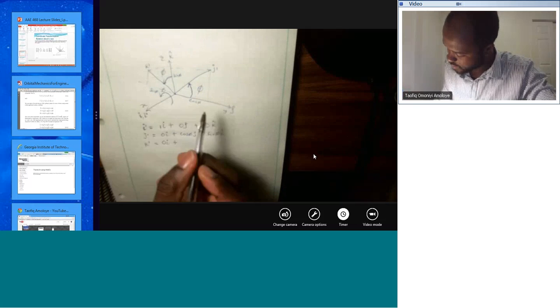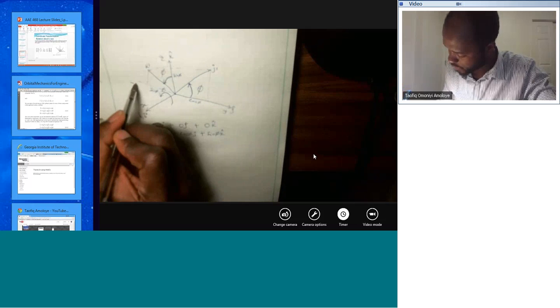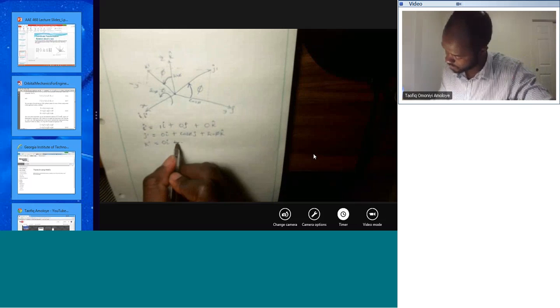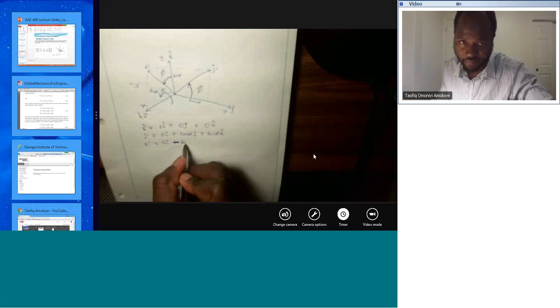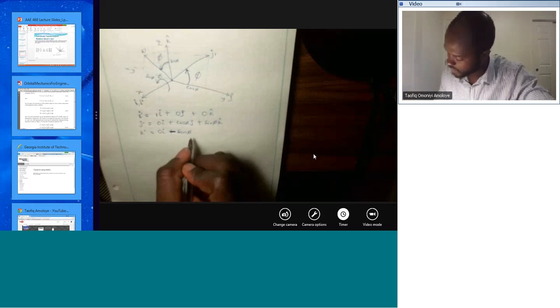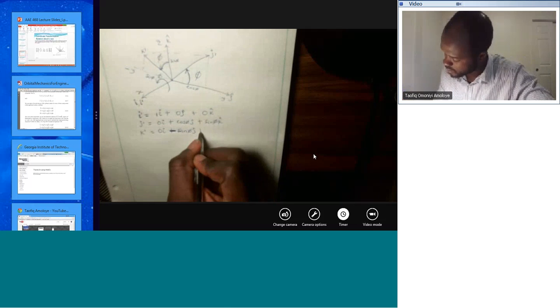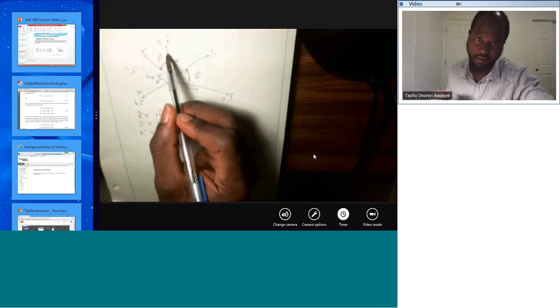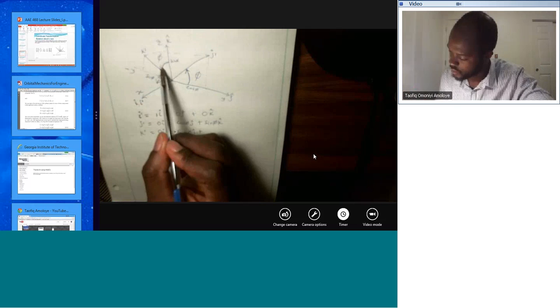It's on the negative Y, so it's going to be negative sine phi j. Then its component on the Z axis of the unprimed system is just cos phi,